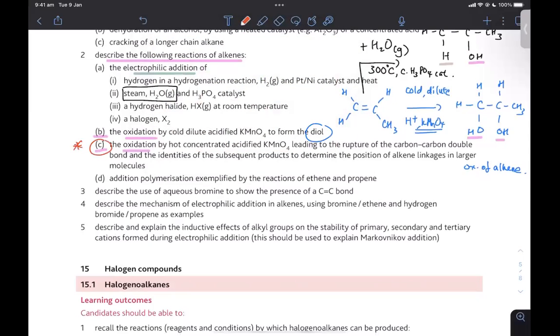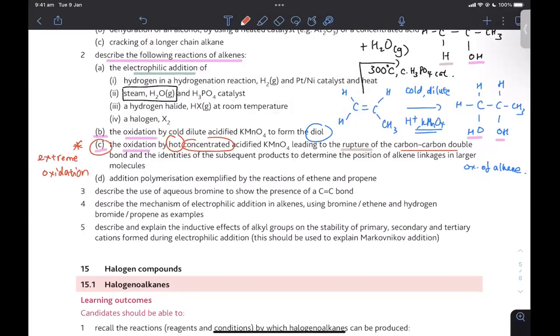This is the extreme oxidation. This is the serious oxidation, yeah, very, very extreme. Why do I call it extreme? Hot, concentrated. Previously, cold, dilute conditions. Under these conditions, this thing is going to rupture. Rupture means it will break totally. The carbon-carbon double bond is no longer just becoming a single bond and diol, it totally breaks,